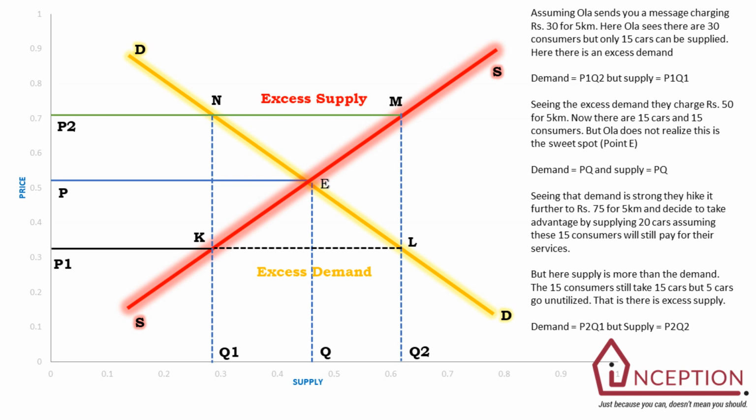Remember, in the third situation, when the price goes up to P2, the consumers want only Q1, but the supplier is able to give Q2. That is, in the third situation, there are 20 cars, but the number of consumers is only 15. Hence, the invisible hand is seen at work here. This is something that happens throughout the day and throughout our lives, but this is not something that we are consciously aware of. So I hope this video helped you understand how the invisible hand works.